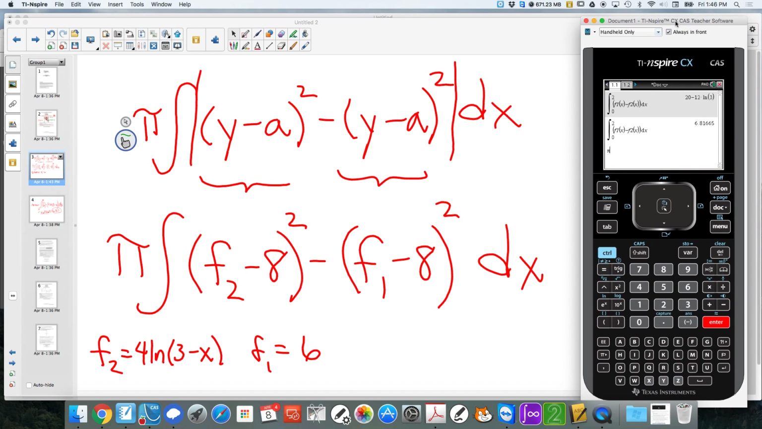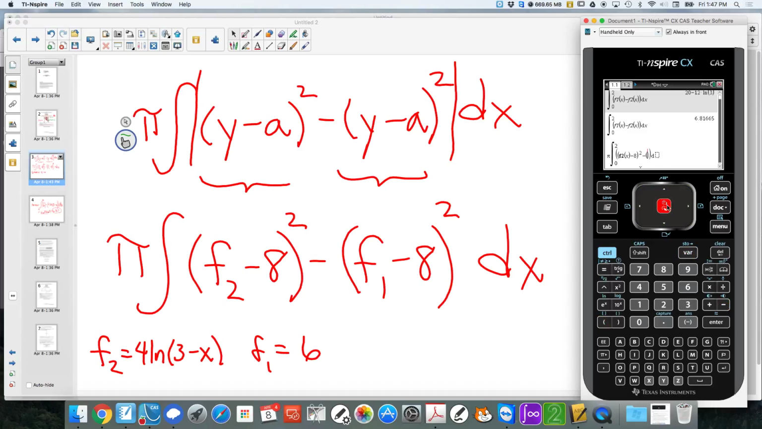Let's break this up. Pi times the integral. Menu, calculus, integral, from the same limits, 0 to 2, of f2 minus 8. I'm missing the parentheses, so I'm going to put that back: f2 of x minus 8, squared, minus parentheses,